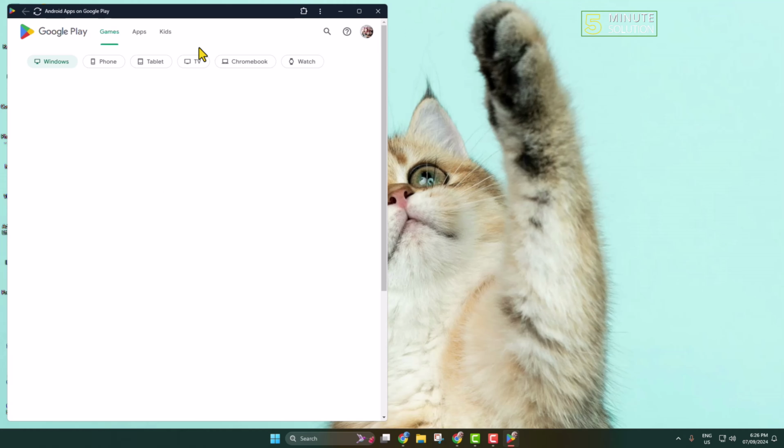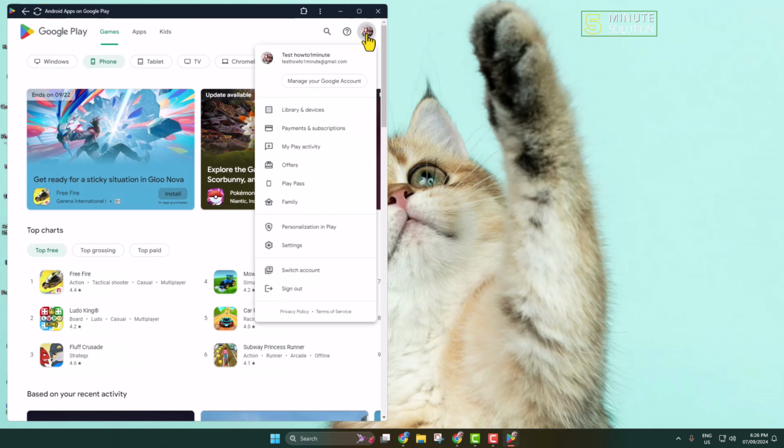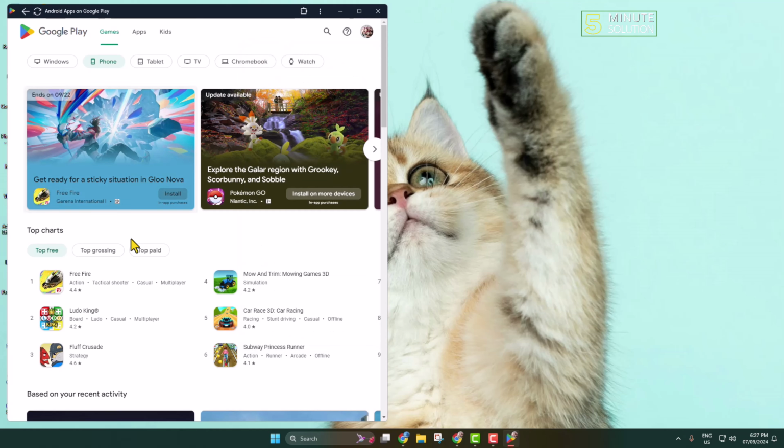you have to first of all log into your Google account here. So click on this profile icon and go ahead and sign into your Google account, and you have to use the same Google account in your mobile device. So make sure to sign into the same Google account on your mobile device Play Store, and now search for